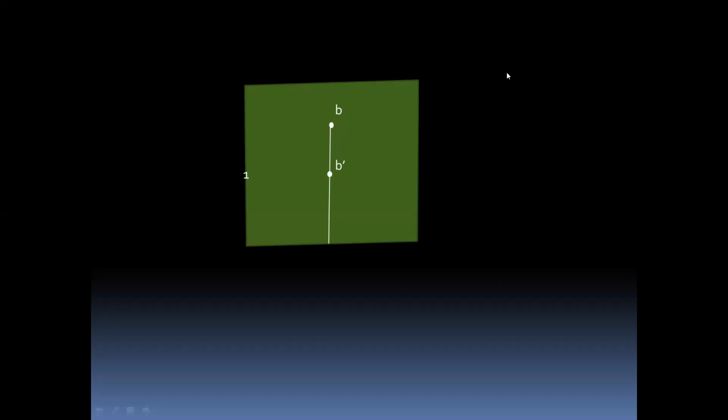So I hope this concept is clear, how to draw a front view and top view for an object which lies in the second quadrant and first quadrant. In the next lecture, we will see the remaining quadrants, that is the third and fourth quadrant. So we will stop here.